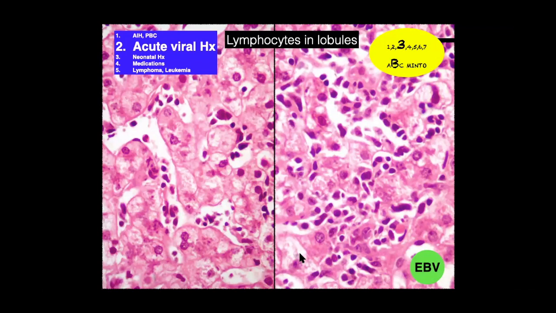Again, as I told you yesterday, whenever there is a viral hepatitis, we have to think of A and E when it is acute, and B, C, D when it is chronic. But other viruses can also cause hepatitis. This is a picture of EBV. Without this label, I cannot say this is EBV because there is no specific picture. Again, lobular disarray with increased number of lymphocytes, but you have to go for clinical history. That is very, very important.